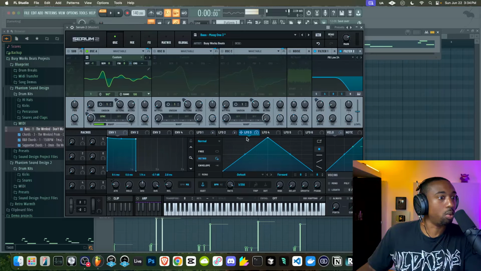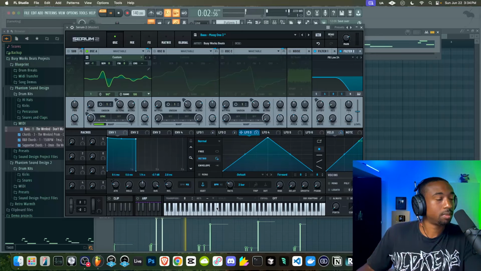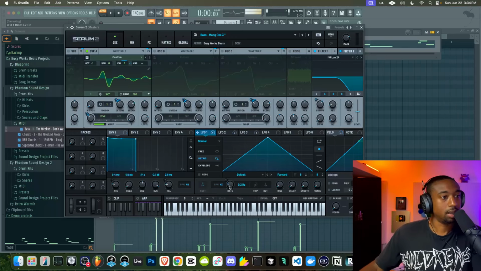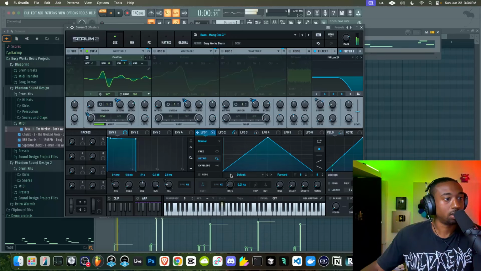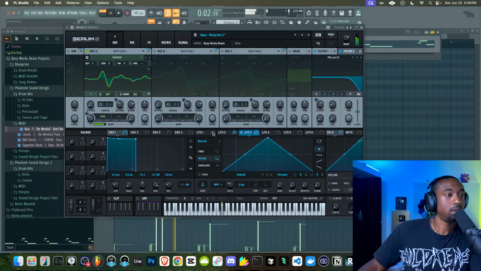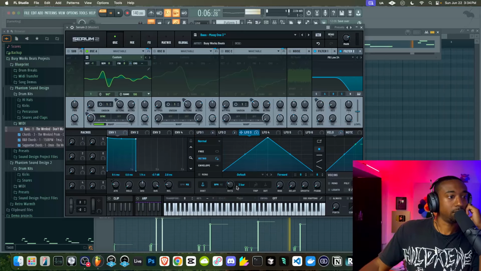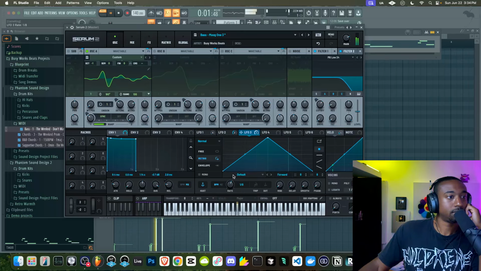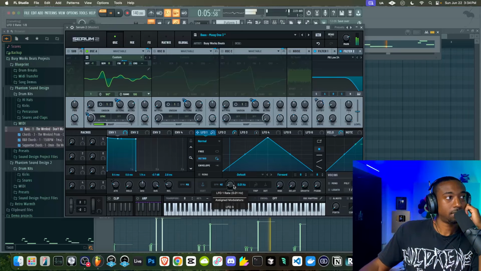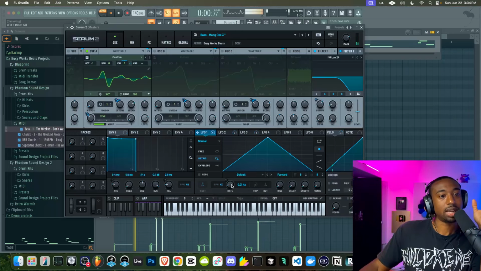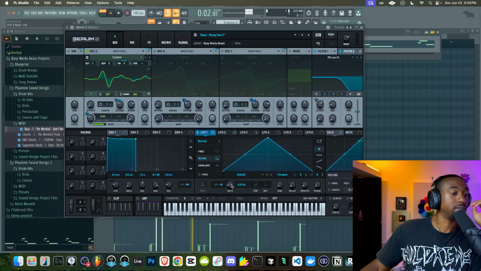So here, go like that. Let's slow it down first. So it goes like that. And let's set the low value here to 0.01. So you're not going to hear any pitch movement because it's too slow. But if we up the speed here, now it has more chance to hit the higher hertz frequency that we have set.